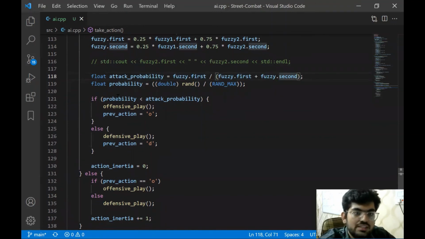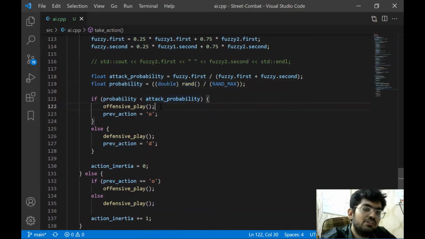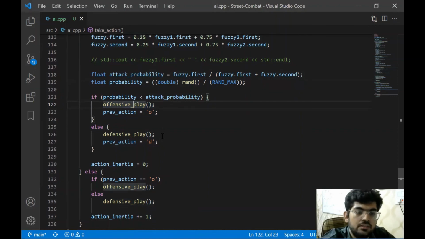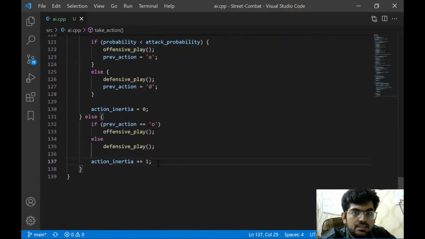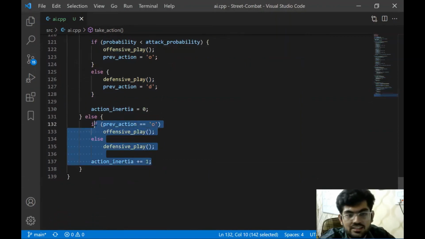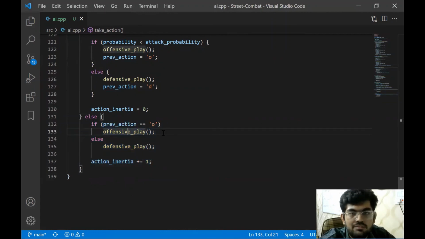And similar to what we discussed, we generate a random number and compare it with the attack probability, which then decides whether we should be playing an offensive behavior or a defensive behavior. And if the AI has not yet reached its action inertia, then we simply take the previous action that was taken, which is done using this prev action variable over here.